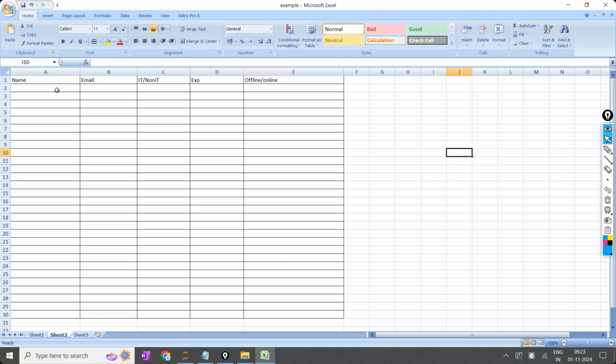Now one of the students will select a cell and write his name as Siva, and he will write his mail ID, whether he is non-IT or IT, and experience 0, 0 years of experience, and offline. Now the second person, Rama, will write his mail ID as Rama at the rate of something.